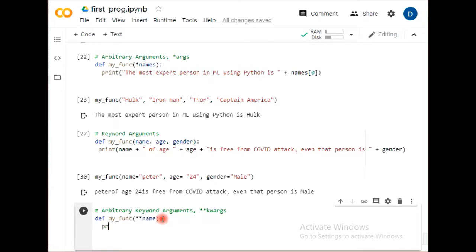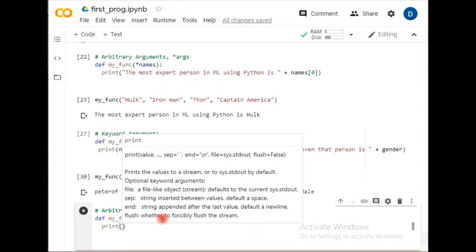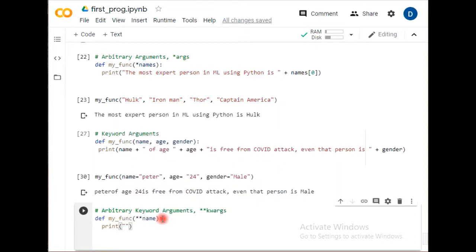So now we are going to print. Suppose we have a last name and a first name, just taking an example. The name here, we are dividing into two attributes: the last name and the first name. I wanted to print either the last or the first name. So let's say I want to print the first name. The first name is.